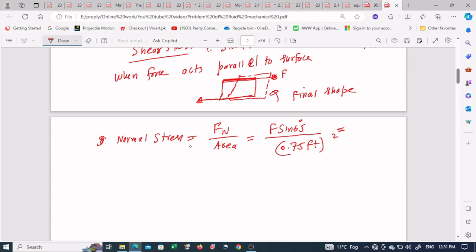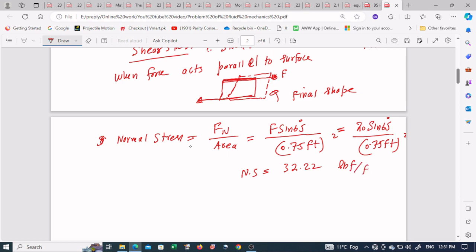So the normal stress is 20 sine of 65 degrees divided by 0.75 feet square. When we solve this, we get normal stress equal to 32.22